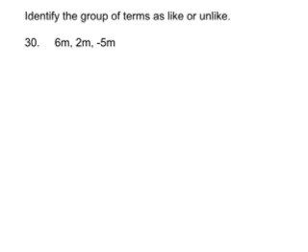Number 30. Identify the group of terms as like or unlike. Well, now we know those are all terms. 6m, 2m, and negative 5m. So are they like or unlike terms? For something to be a like term, it has to have the same variables. That means these m's,